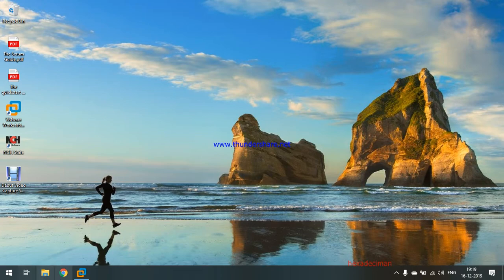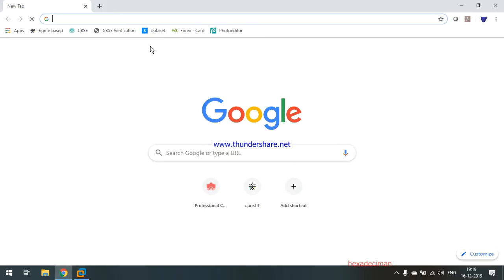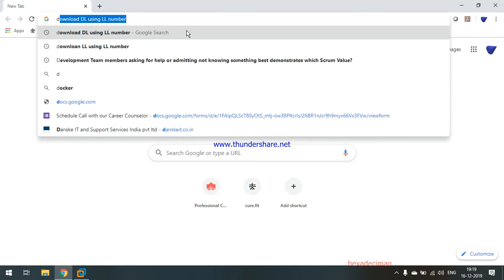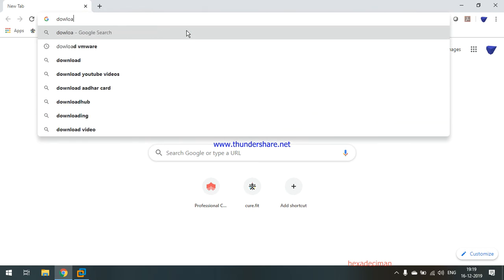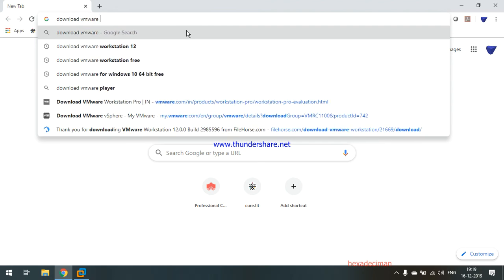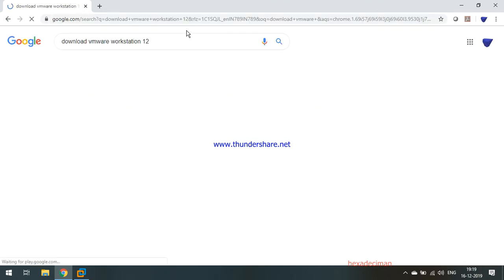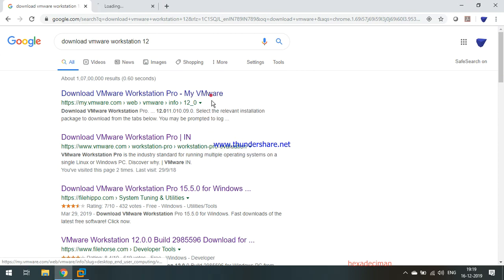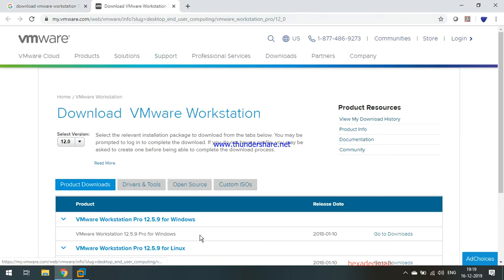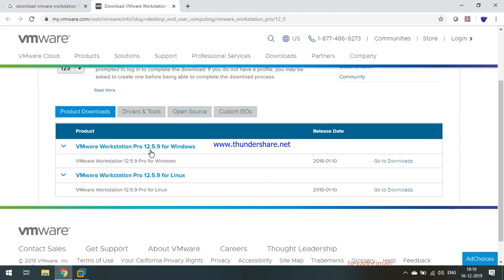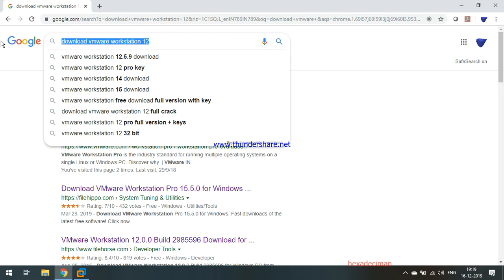And you need VMware workstation. So what you need to do is, first you need to download VMware workstation. Right, so once you download this VMware workstation, install it, and once you have installed it, now you need to go ahead and download